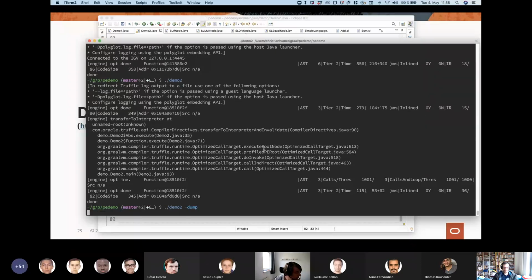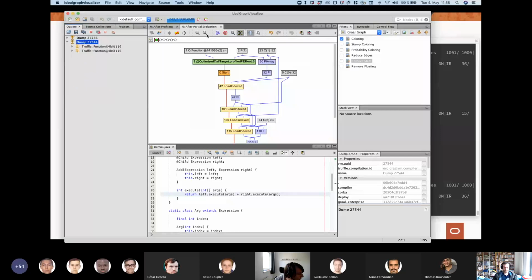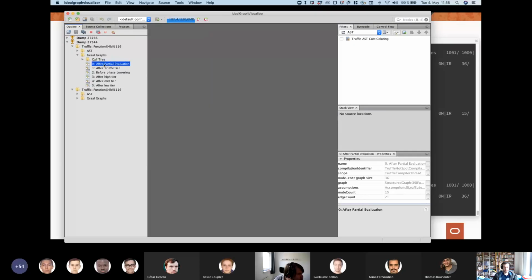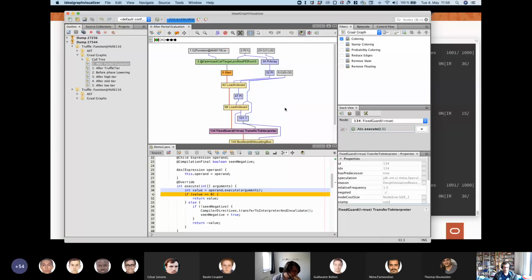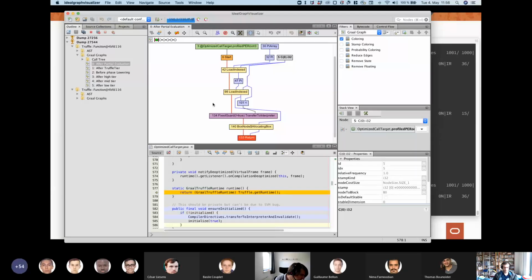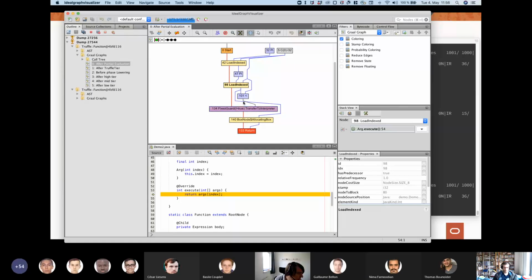Yeah. So then we can dump this to IGV. Now we have a new dump. Let's close this. And we have two dumps, the first function compilation, the second function compilation. In the first one, we can again look at the graph. And now let's also click on this so we can see the code, yes. So here we see we load from an index 0, and we load the argument 0 here. This is the load indexed from the frame, so you can just ignore that. That's not important. And then what we do is basically the compiler transformed this into a guard, which will say